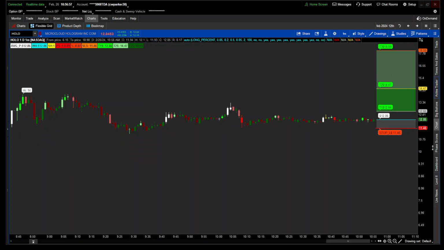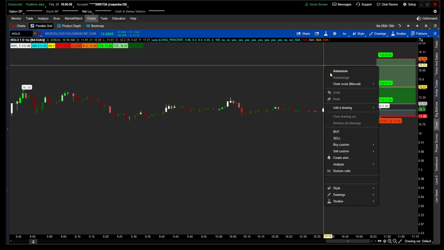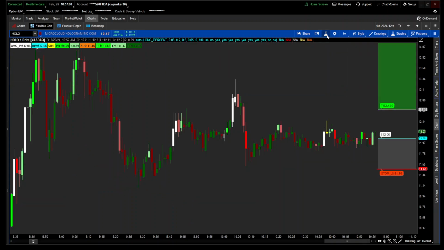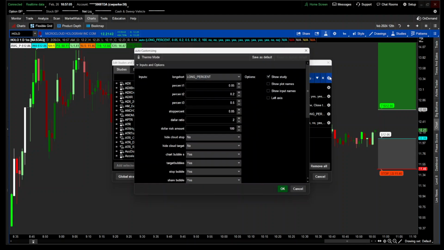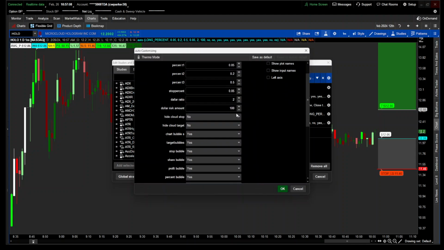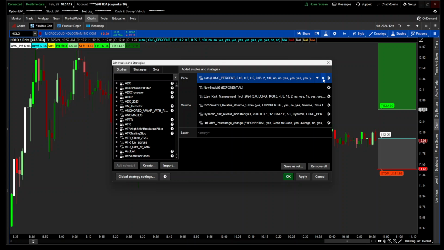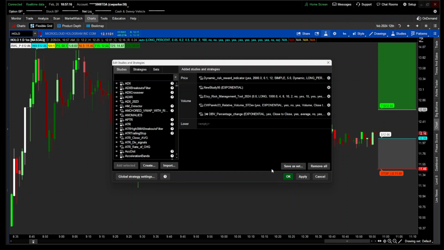It has some special features, but the main feature was it wouldn't show up on the screen until you actually made a trade in Thinkorswim. So the risk dollar amount. So I'm doing away with this indicator as well, and then my dynamic risk reward indicator,